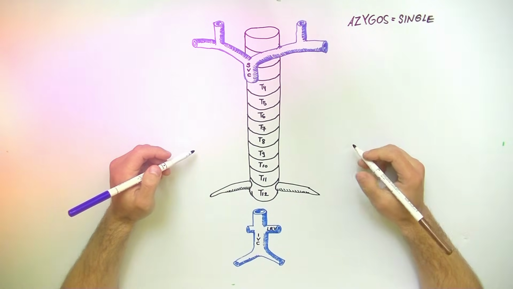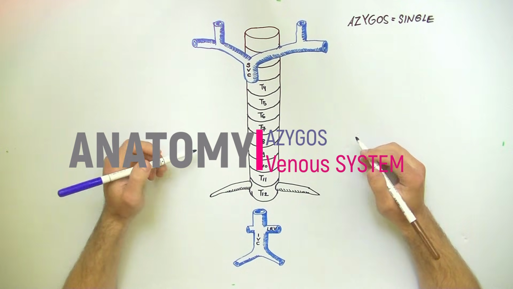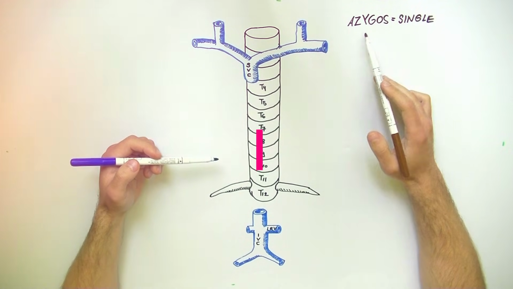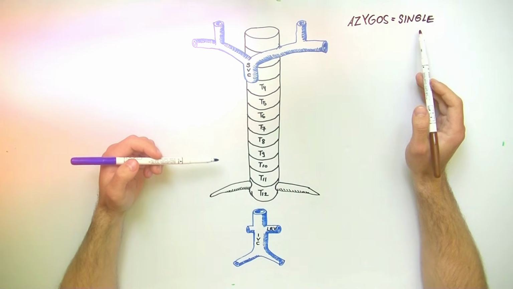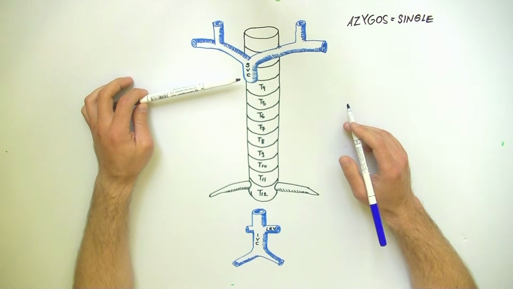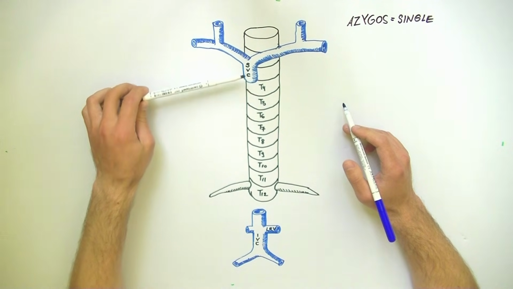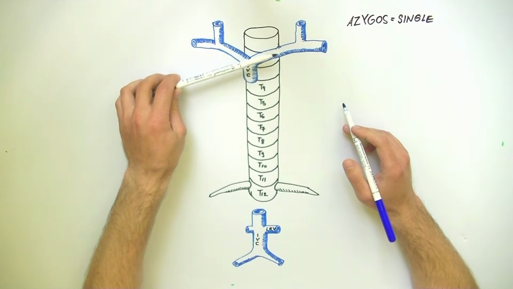Today we're going to discuss the Azygos venous system. The term azygos comes from Greek and means unpaired, single, or without companion. Here we can see a diagram where I've shown the superior vena cava with the two brachiocephalic veins,